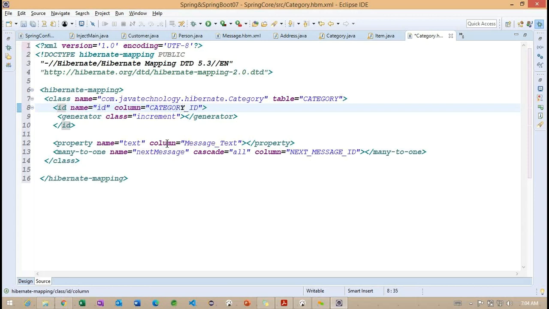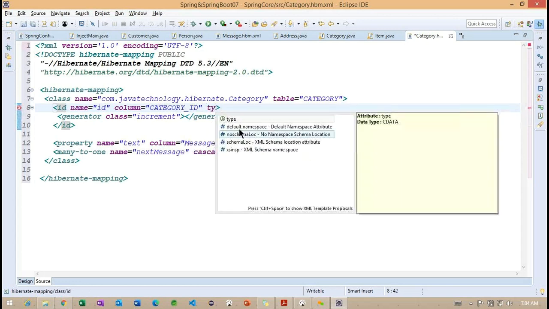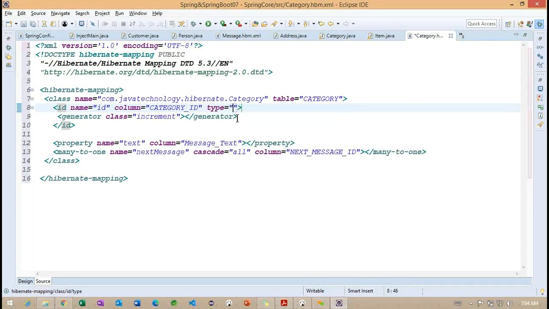We need to change it to category ID. And here we can specify the type. If you are interested, we can specify the data type also. What is exactly the data type we are having? We are having long here. If you are not specifying this type, what happens internally?